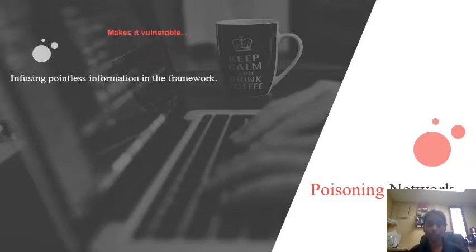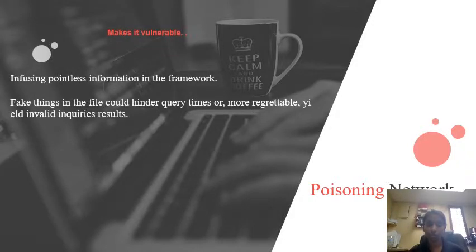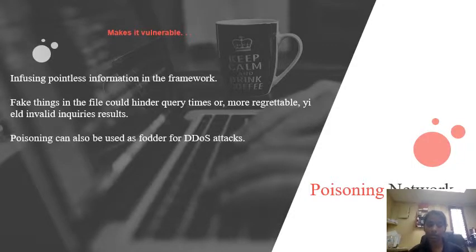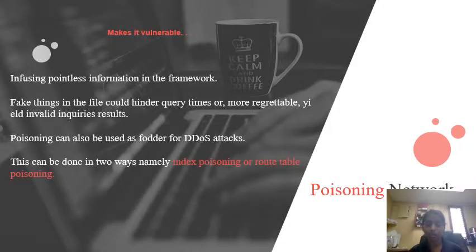Poisoning network. As the name implies, it means infusing pointless information into the network. Fake things could hinder query times and also yield invalid results. Poisoning can also be fodder for DDoS attacks. This can be done in two ways, namely index poisoning or routing table poisoning. As we saw in this explanation,